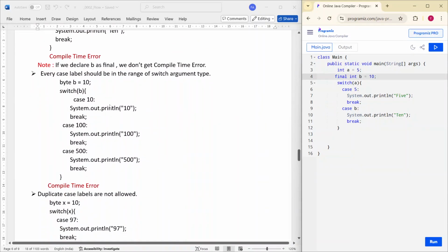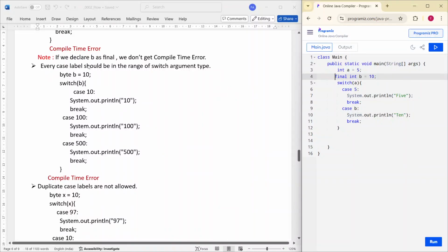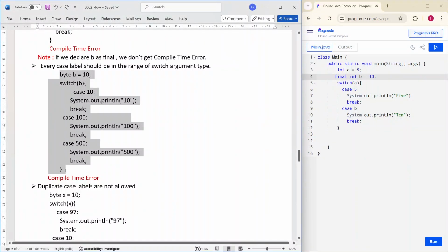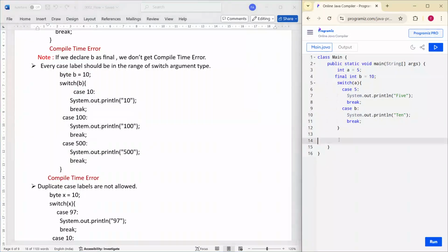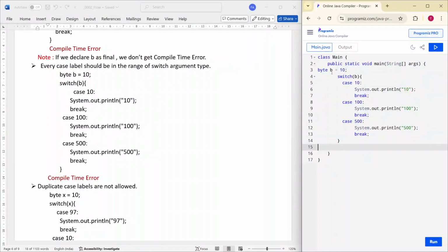So our next rule is every case label should be in the range of the switch argument type. If the argument of switch is byte, the range should be from -128 to +127. If the type is short, the range varies. If the type is int, the range varies. And here I have taken byte b is equals to 10. So every value under the cases should be in the byte range. That is, 10 is in the byte range, 100 is in the byte range, but 500 is not in the byte range. So if we run this code,